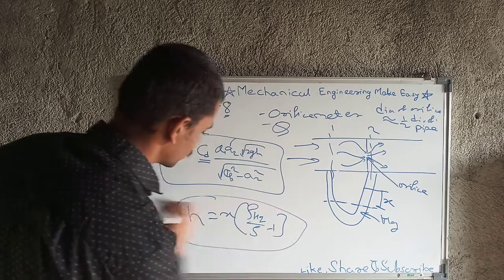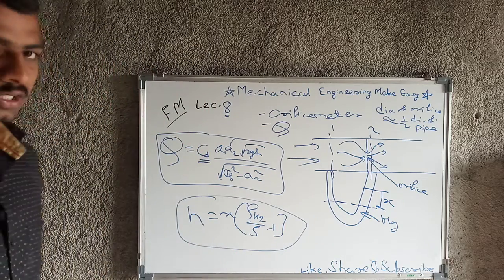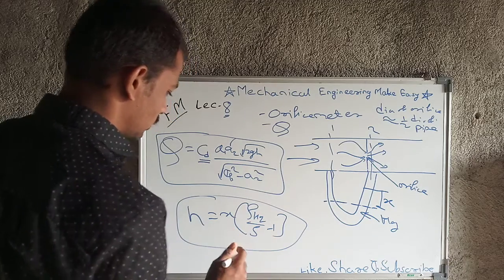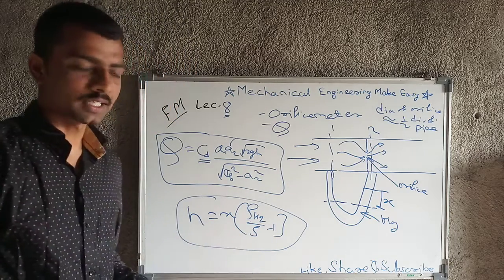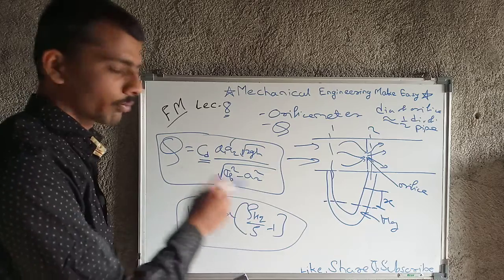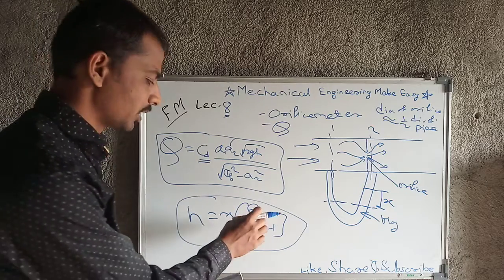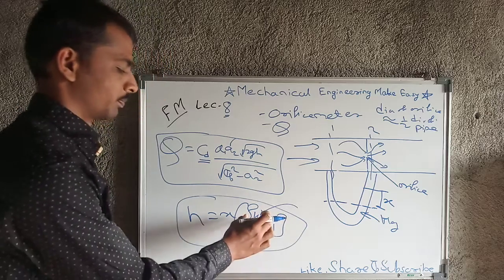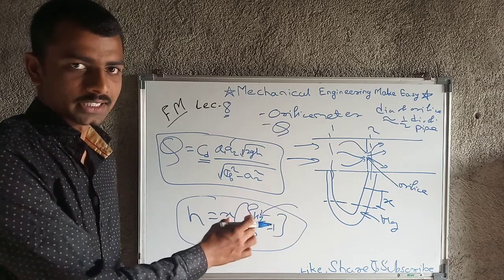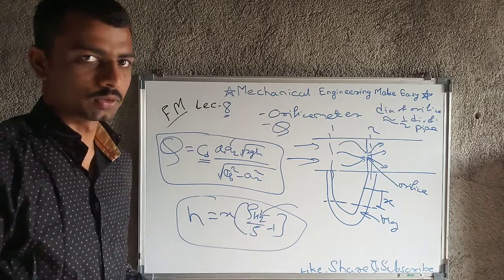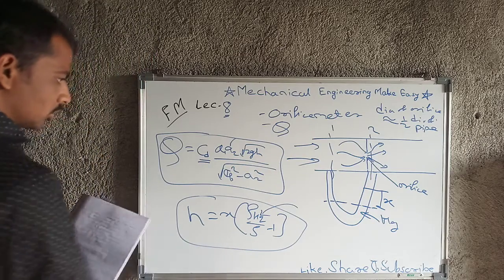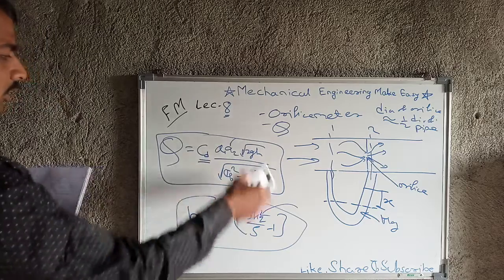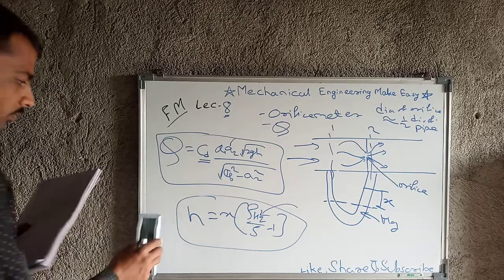So this formula is too much important. In fluid mechanics, this formula is too much important, because in a number of cases we have to calculate the height of that fluid from the height of Hg, or maybe from any fluid, but probably we use Hg because Hg is a very dense fluid. Okay, so draw that figure and note it down.